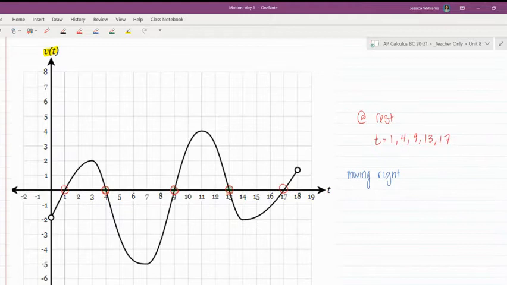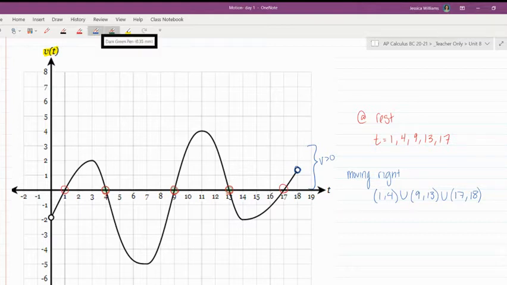So if this, again, is my velocity graph, this is where velocity is positive because it's above the axis. So I would say it's moving right between 1 and 4, again from 9 to 13, and again from 17 to 18. And it stops at 18, so I'm not going to infinity, etc., etc., etc. So they could even ask you, they could give you this thing, and they could ask you,